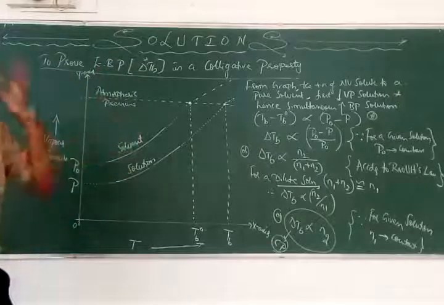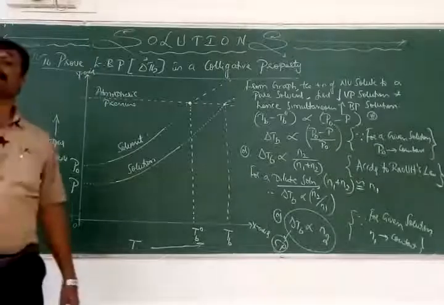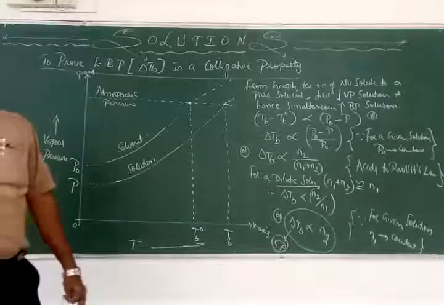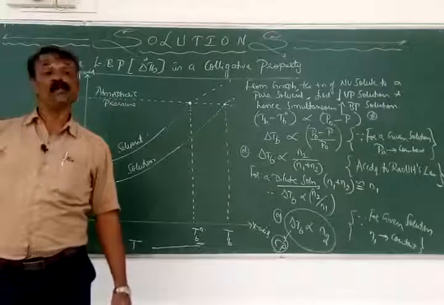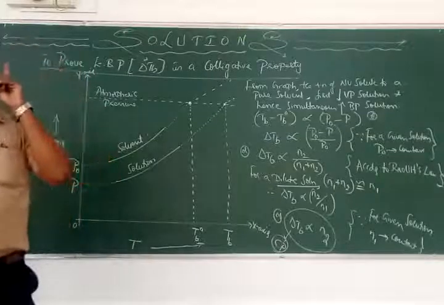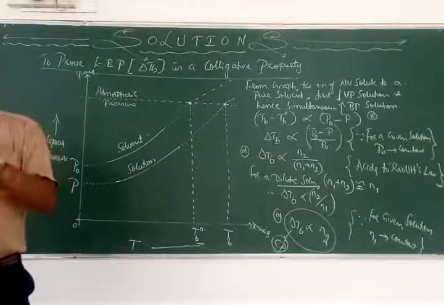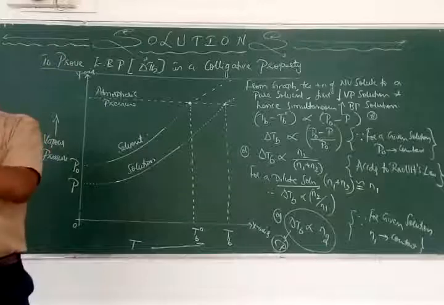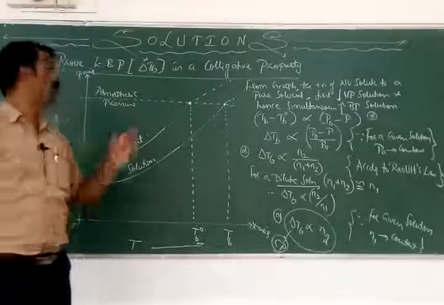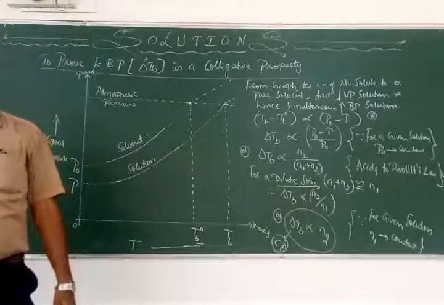Okay. So this is how we have proved that elevation of boiling point is an example of a colligative property. Next, we must have the expression for the molecular mass of the solute, using the help of elevation of boiling point. We know that in the case of lowering of vapor pressure, the molecular mass is given by M2 equal to P0 divided by P0 minus P into W2 M1 divided by W1. Similarly, the same concept of molecular mass is obtained with the help of another colligative property, that is, elevation in boiling point.